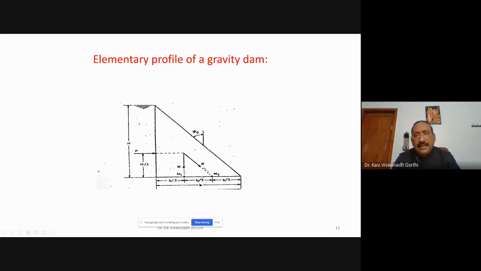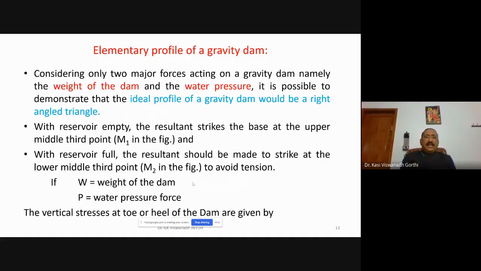So M1 and M2 are at distances of B by 3 from the heel and toe of the elementary profile of a gravity dam. With the reservoir empty, the resultant strikes the base at the upper middle third point M1. With the reservoir full, the resultant should be made to strike at the lower middle third point M2 to avoid any tension. If W is the self-weight of the dam and P is the water pressure force, then